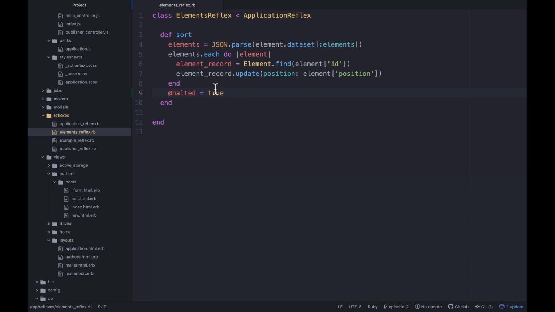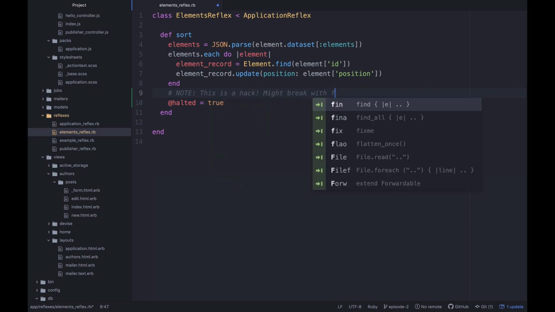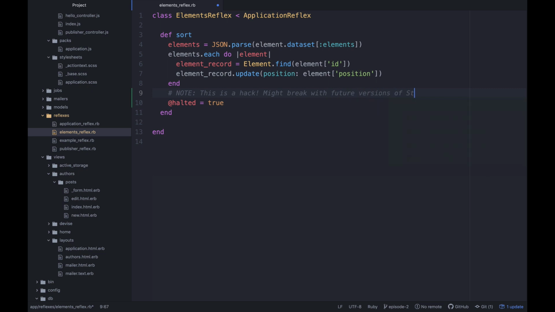And I'm going to go ahead and leave a comment and say this is a hack, might break with future versions of Stimulus Reflex. So essentially what I did is I've been reading through the code base on Stimulus Reflex, and I found this instance variable, and essentially what this does is this stuff above will go ahead and execute, and then setting this instance variable according to the source code will essentially prevent all of the rest of the rendering from happening. So everything essentially just updates right here, and I'm going to go ahead and save this,